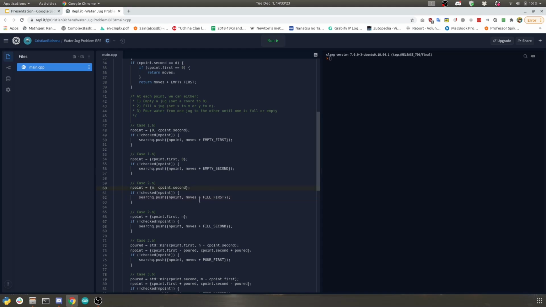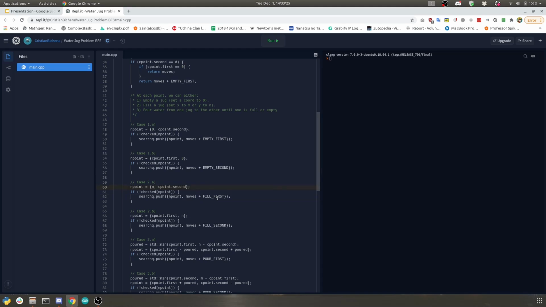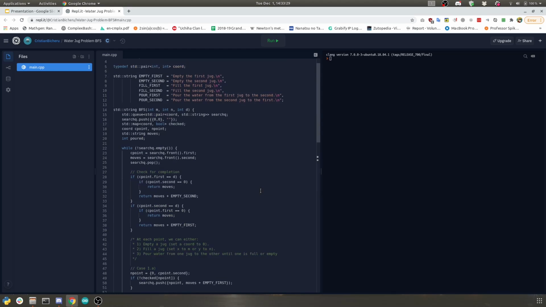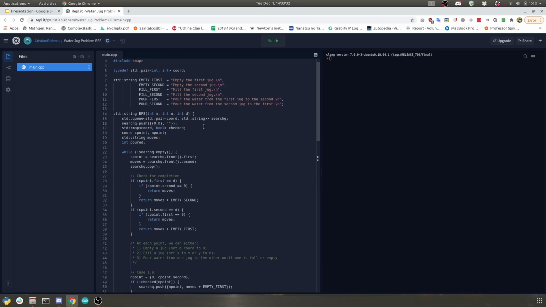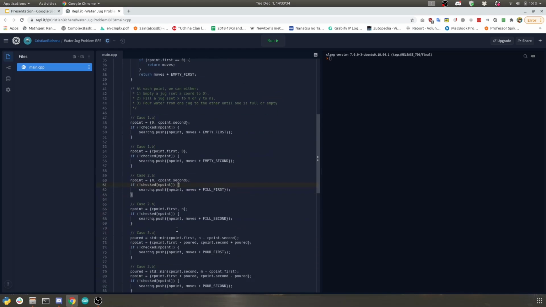We're filling the first jug. And remember, these were the string constants I defined earlier, just so that I don't have to type out "fill the first jug" and a new line every single time. And then case 2.b is the exact same. It's just the new point is the same first capacity, whatever it was, in the first jug, and then n,